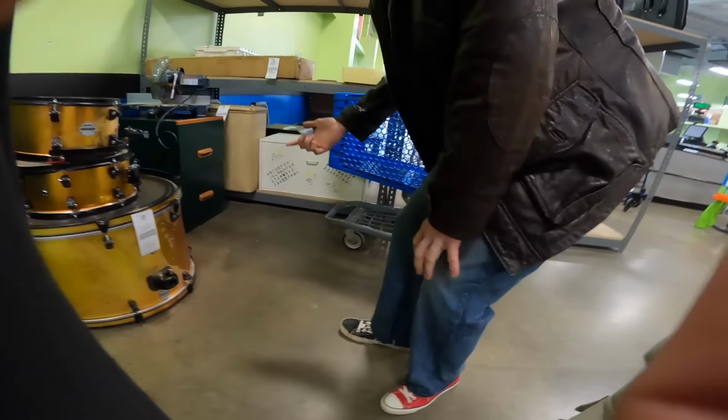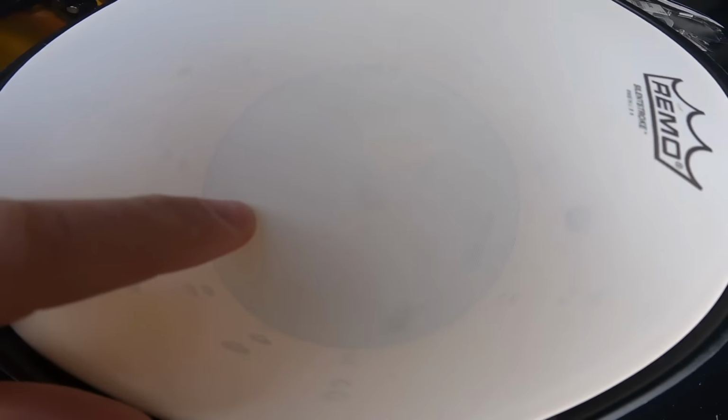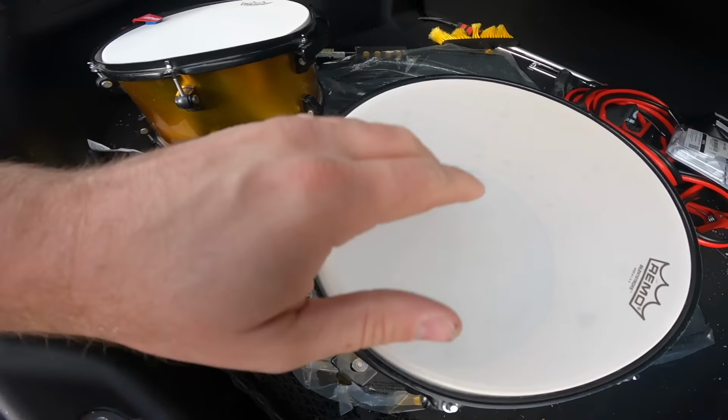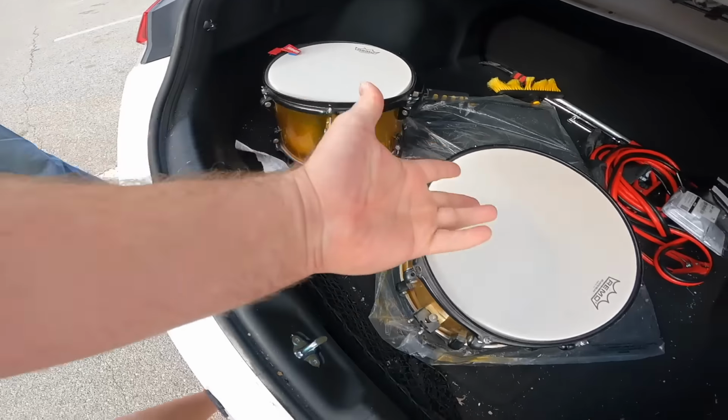Oh, dude, I will get that. Get them. We didn't even notice this before we bought them. They're set up to be electric drums, even though they're acoustic drums. These heads, look real close. They're called mesh heads. They're silent, and this is a drum trigger to pick up the hit when you hit them. It's an electrified acoustic drum set. So $16 was a good